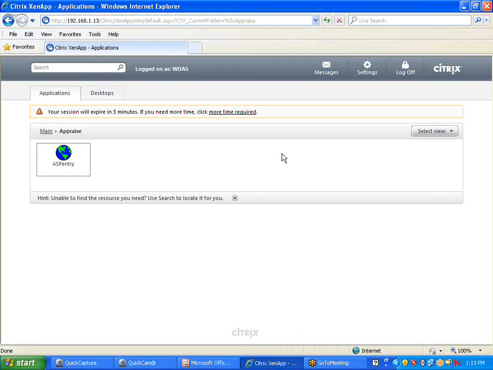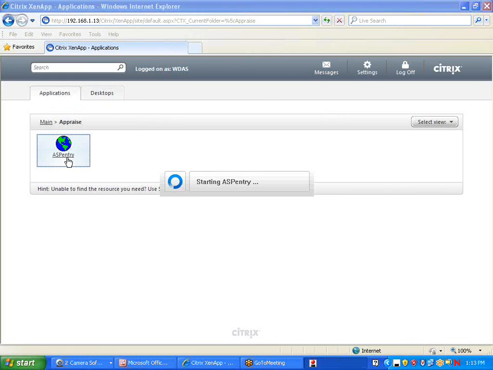APPRAISE ASP runs on Citrix technology, which allows us to deploy software applications across the cloud to anywhere your users can log in. And each person has a unique user ID and password. In this case, let me pull out my highlighter here. I am logged on as WDAS. And this is in terms of a seat license. So one person can log in at any particular time under this user ID. Now, if I needed to be more scalable, I could have 2 or 3 user IDs which are deployable across an enterprise. Once we're in the product, we click on APPRAISE ASP entry,